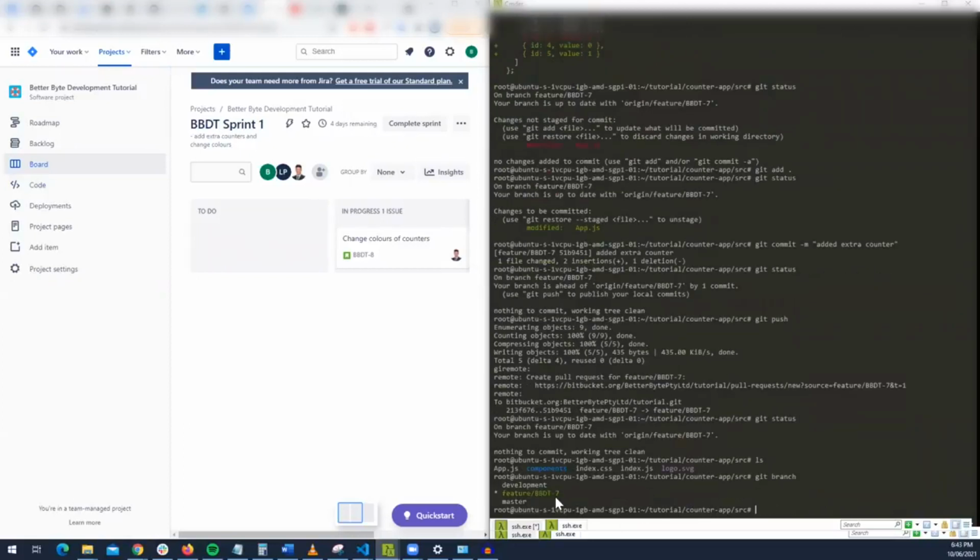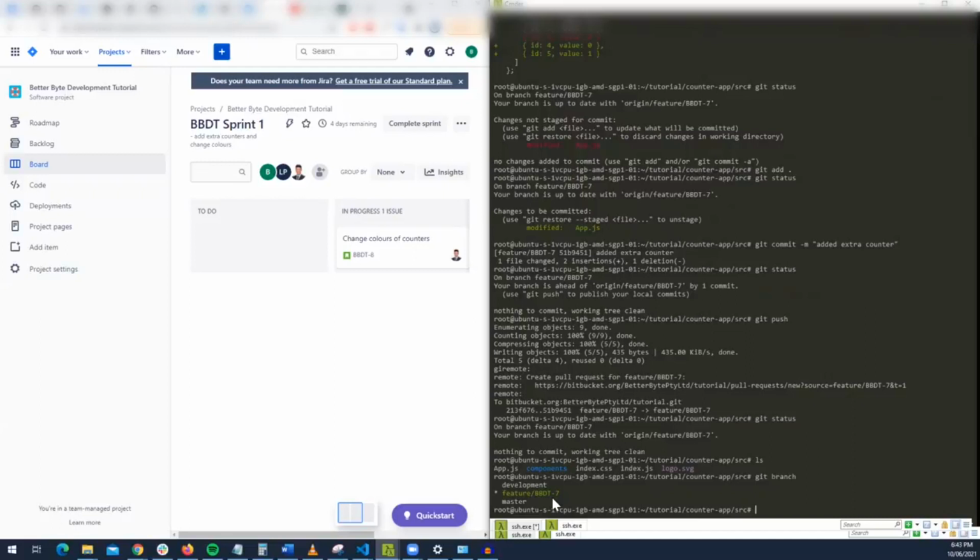I'm still on feature BBDT-7, right? Now the thing is, you can jump from feature BBDT-7, if you're checking out as a new branch, right, then